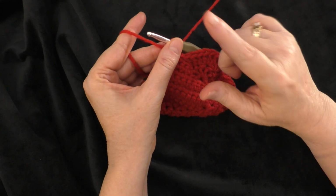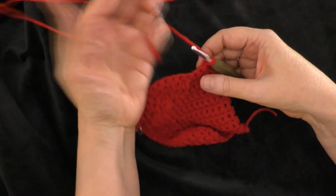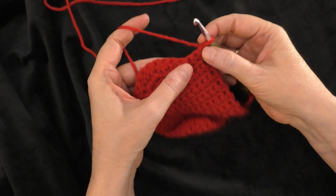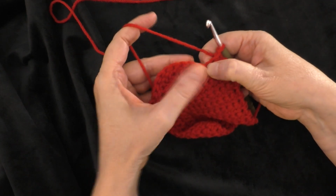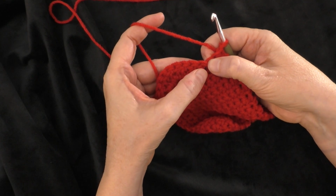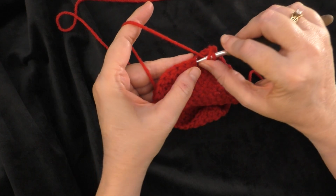We're not going to chain 1 this time. We're just going to turn our work, and we're going to go on to row 17. So in row 17, we're going to skip the first 3 stitches. So 1, 2, and 3. Okay, so we're going to be working in these double crochets. We're going to do 2 double crochets into the next stitch,